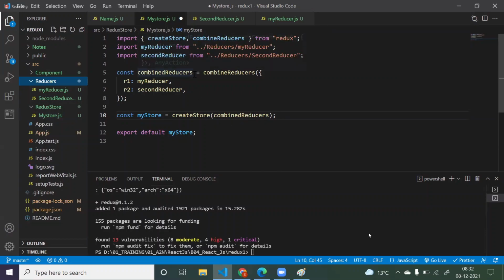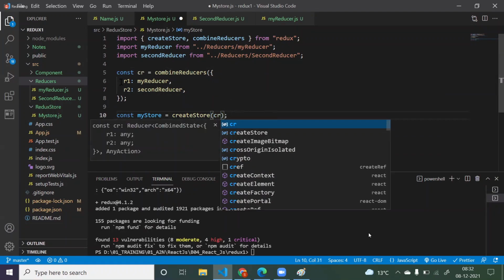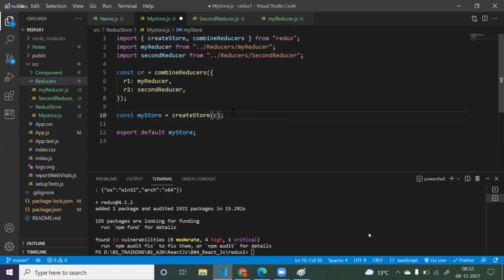So here you can write anything. You can write here like CR also. Whatever variable name you want to take, you can give. If you give here CR, then here also you have to write CR only. But try to write some meaningful name. So like this, you can take any variable. So here I'm just taking combinedReducers. And just remember, this function name is combineReducers, not combined. Here I have taken the variable name as combined, but the function name is combineReducers. Like this. Now here I don't want this second reducer. If I want, I will keep. If I don't want, I won't keep. So let it be done.